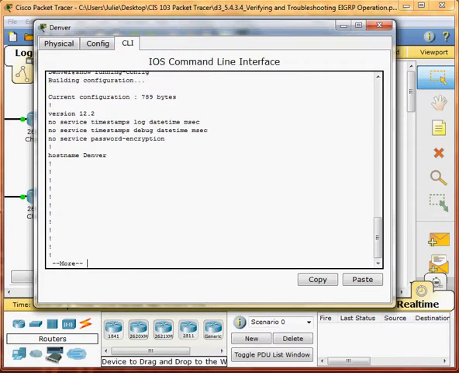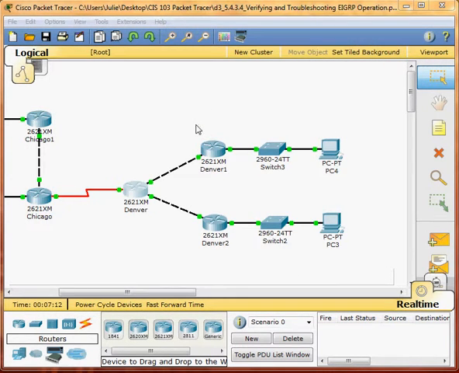So the Denver 1 router is configured for the IGRP routing protocol, while the Denver router is configured with the EIGRP routing protocol and autonomous system number of 10. Now I have to configure EIGRP properly on the Chicago 1 and Denver routers by entering into routing.